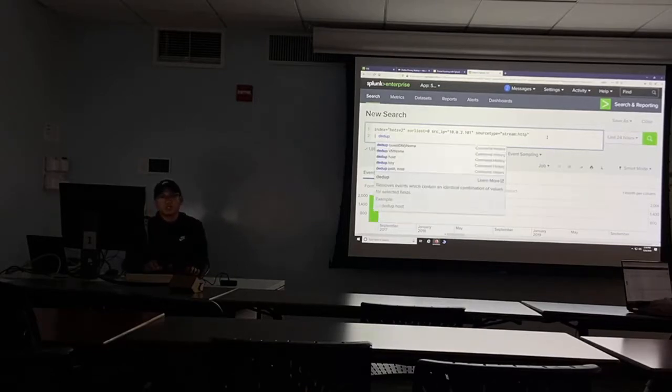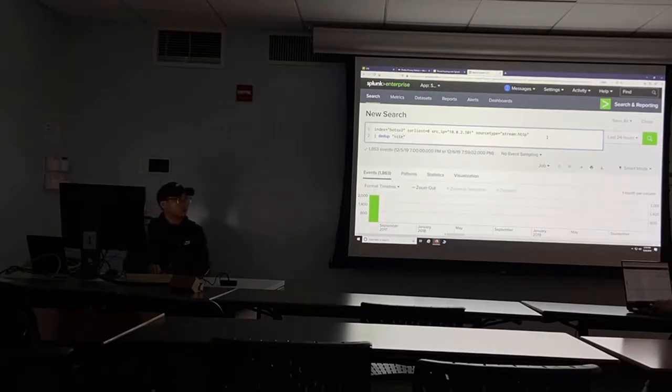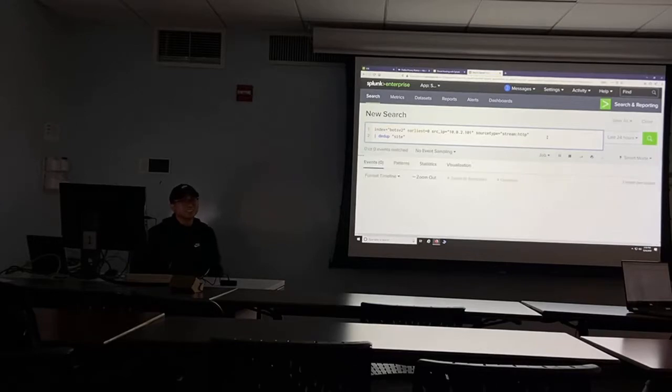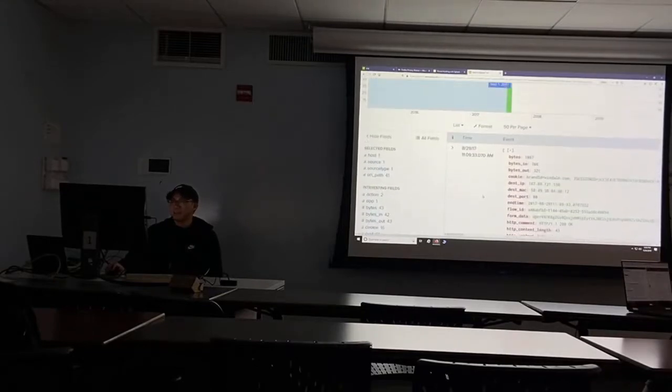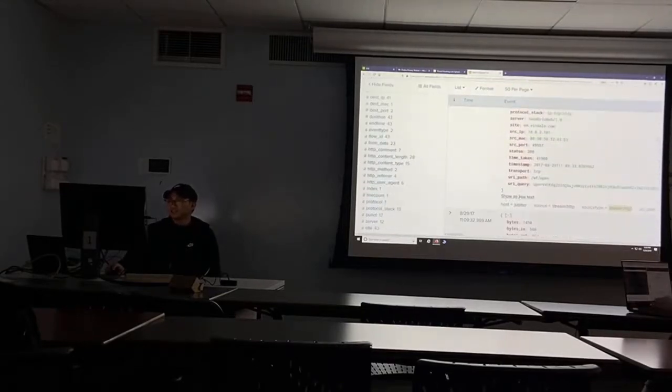So we could use the command dedup, and then we could search specifically for site, right? If you want to go through the documentation for dedup again, simple explanation, it gets rid of duplicates. I don't really know what it stands for. It could be delete duplicate, that's probably what it is, but it just gets rid of duplicates. That's all you need to know. Deduplication, exactly. So now you're left with this.